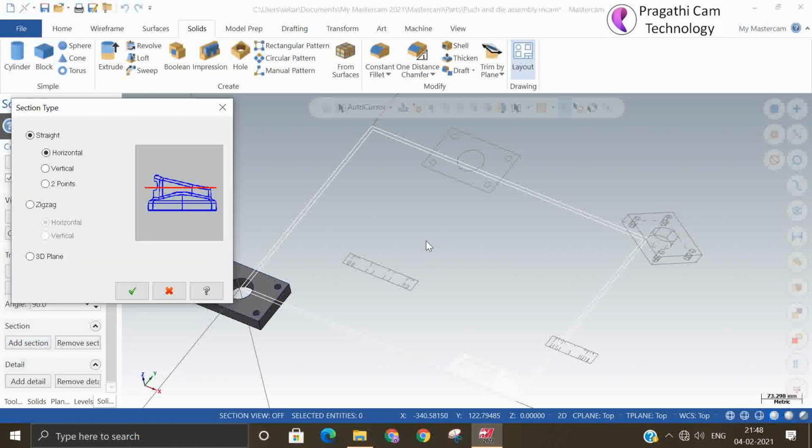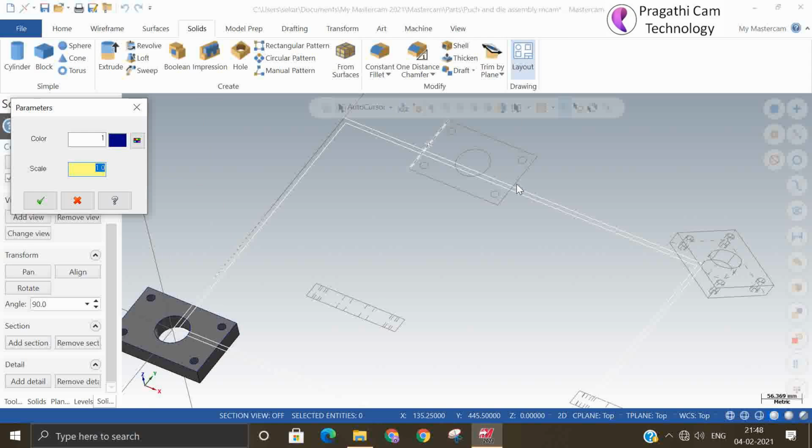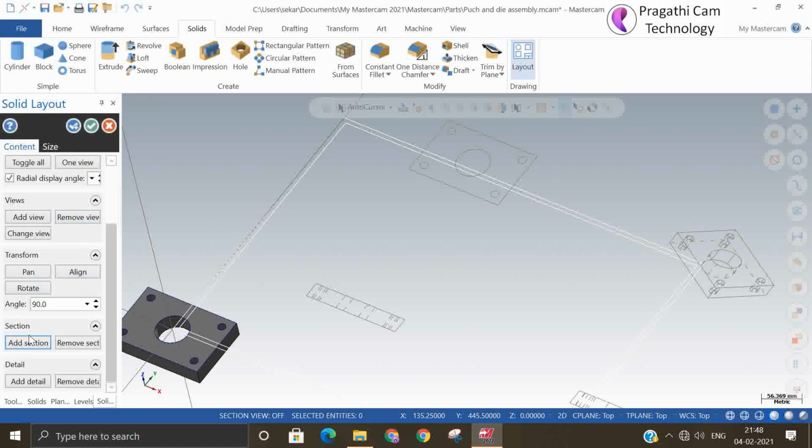So horizontal section, vertical section. Again I will try sectional view.